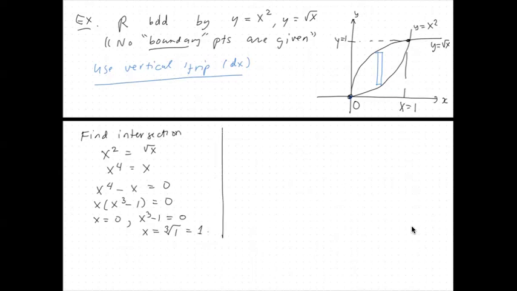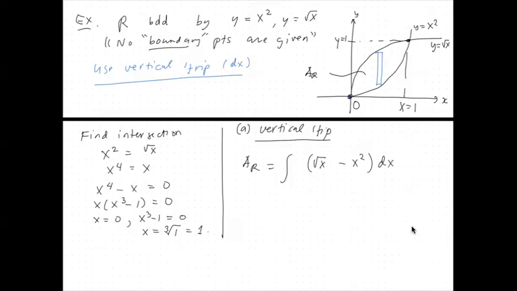So for the first one, when you are using vertical strip, the area of the region here is given by the upper function, which is square root of x, and the lower function is x squared. Put parentheses with respect to x, and then we integrate from 0 to 1. Okay? All right. Now, for the horizontal strip,